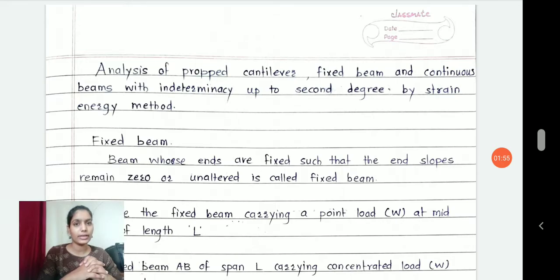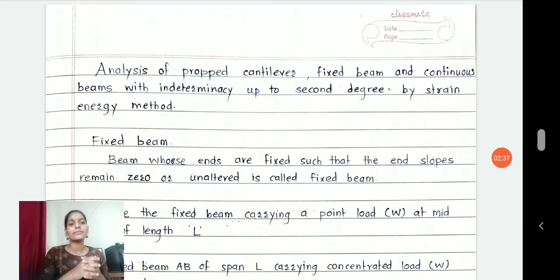in a structure, right? Now, if I say that a structure is indeterminate with degree 2, first of all you will have to ask me whether it is statically indeterminate or kinematically indeterminate. Static indeterminacy is more related to the force system of your structure, and kinematic indeterminacy is related to the displacement, the number of unknown displacements in your structure. But overall, you have to understand that a structure cannot always be determined with the static equilibrium equations. We have to take help of other compatibility equations.